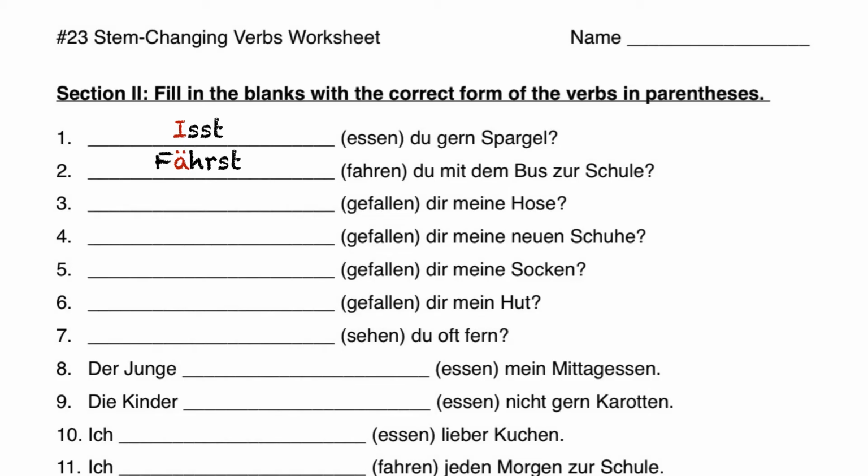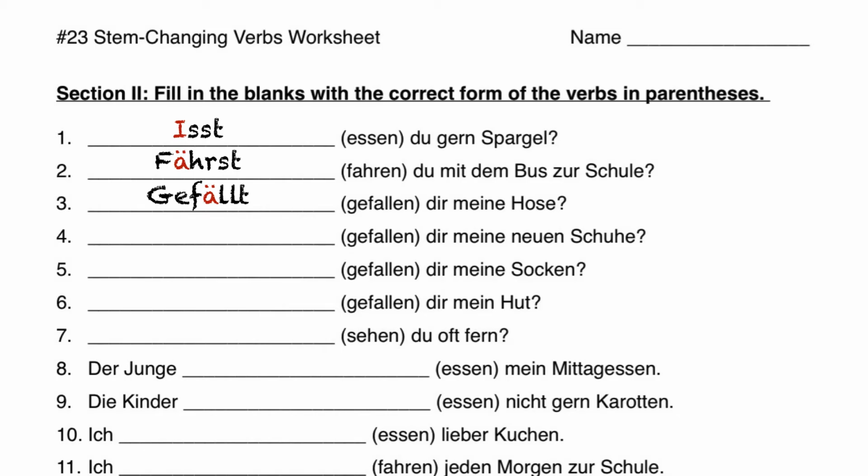Nummer 3. Dir meine Hose. This is where we get some weird stuff with gefallen. First of all, dir is not the subject. Dir is the dative case form of du, and so we have to have the other thing in the sentence as our subject. That means that meine Hose, my pants, is the subject. Hose, however, is a singular noun as opposed to die Jeans, which is a plural noun. So we have to use the singular form here for gefallen, which is the er/sie/es form. Gefällt dir meine Hose? Do you like my pants?